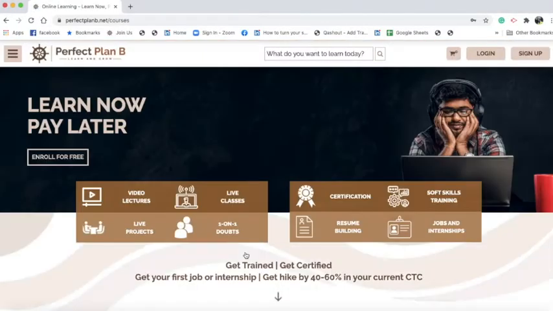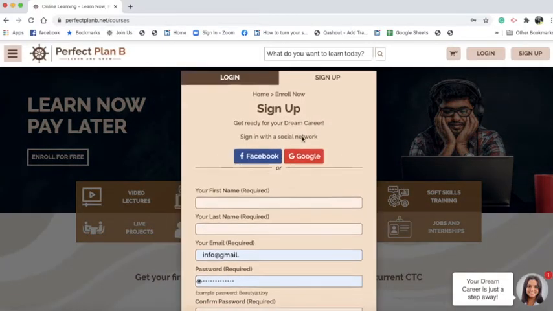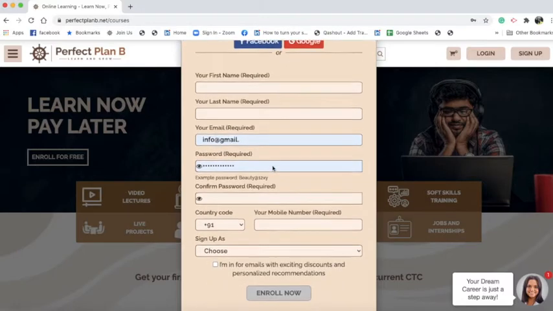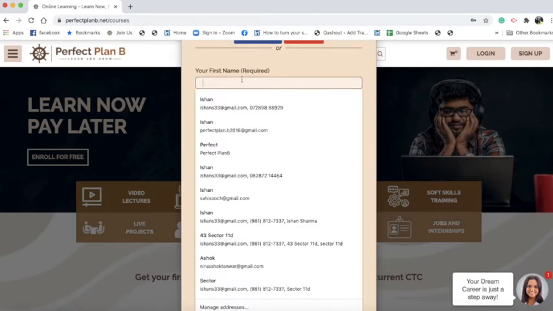So once you click, you will land on the courses page, and now it gives you the option of login and sign up. So the first ever step that you need to do is to sign up as an instructor. Once you click on sign up, it's going to show you basic fields like you can sign up with social media, that is Facebook, Google, or you can just fill up the form. That's also very easy. So you can go ahead, fill your name, for example,